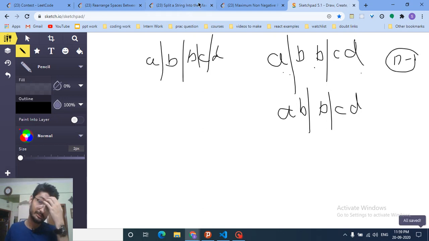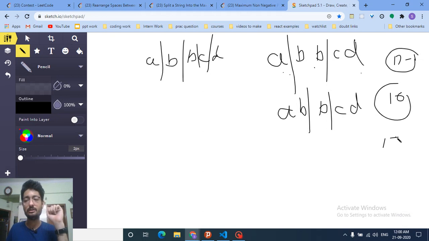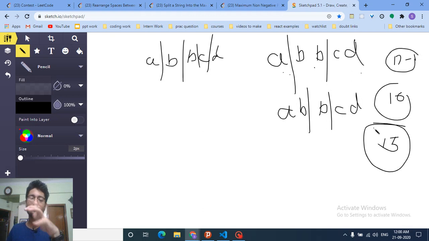Now because n is very small, up to 16, and you have to do at most 15 cuts, you can do this using a bit manipulation way, and for every position you can set it as 0 or 1, and then check whether this position is 0 or 1, meaning you have to put a slash or cut at this point, and then figure out how many different strings there are, put them in a set, and check them out. That's one approach. Another approach is you can use DFS or backtracking.